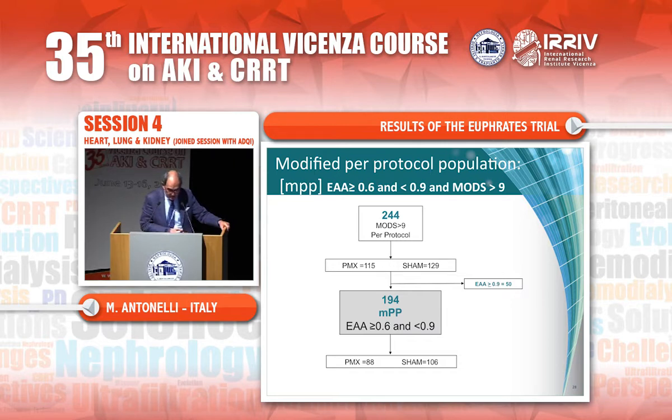If we look at the modified per protocol population, I understand that this is a post-hoc analysis, but it has several points of interest. We are referring to a population where the endotoxin activity was exactly between 0.6 and 0.9, with a MOD score above 9, and who received the entire treatment. You at the end have 194 patients belonging to the modified per protocol population,